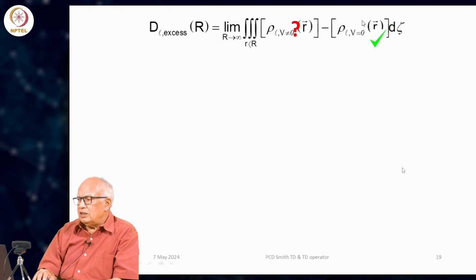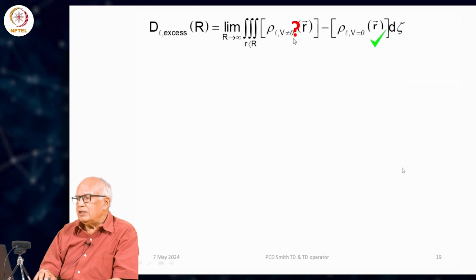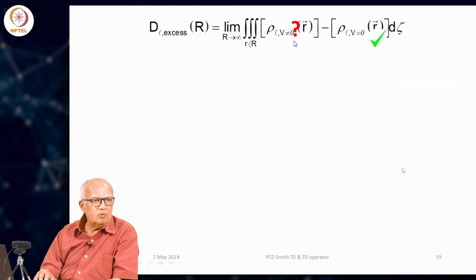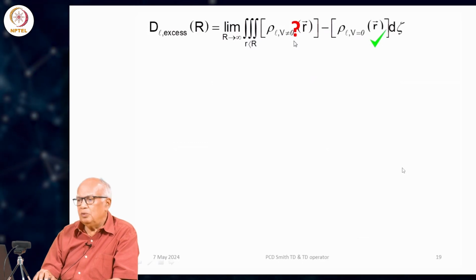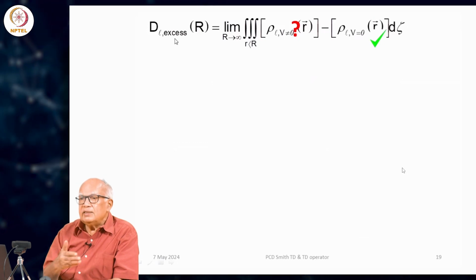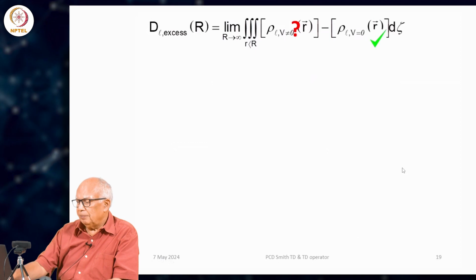So, we have got this term now, the V equal to 0. We have to ask what is the corresponding density for V not equal to 0. So, this is the question that we now have to get, so that we get the excess density that Smith is talking about in his criterion,